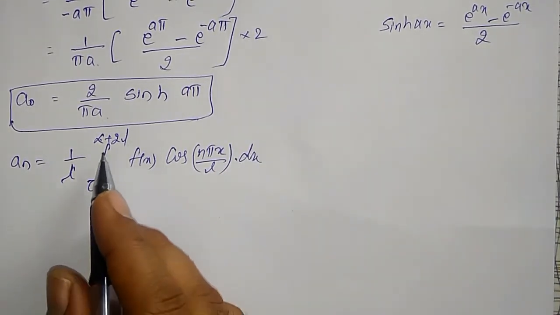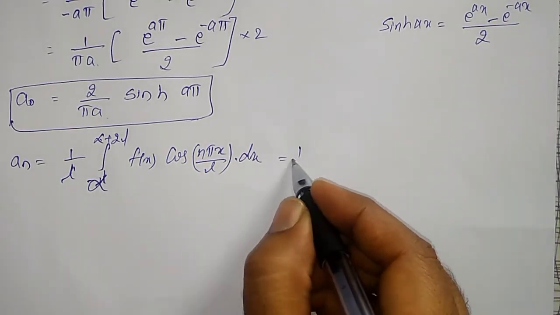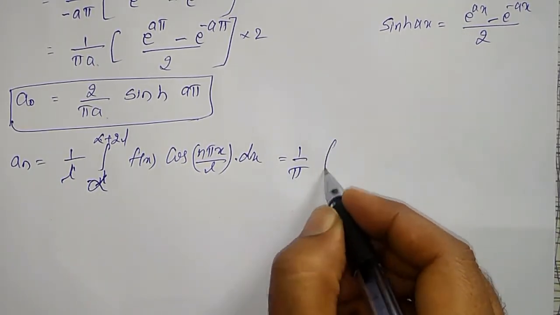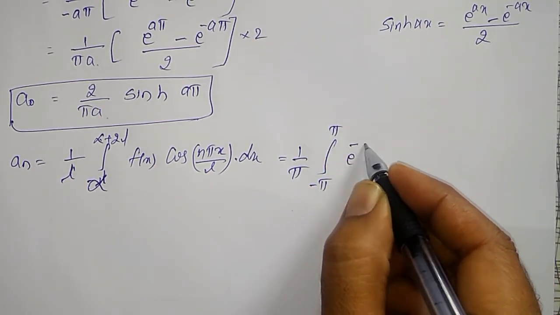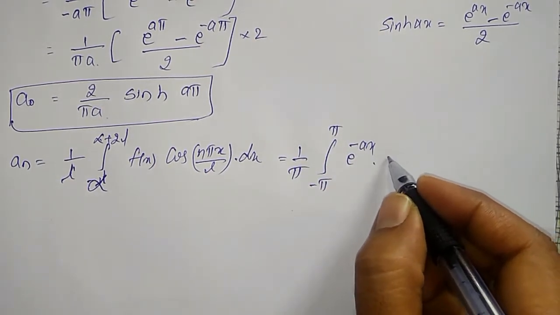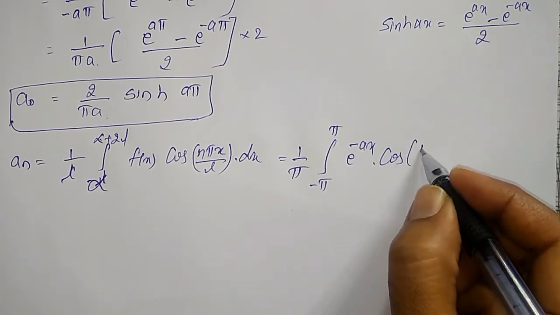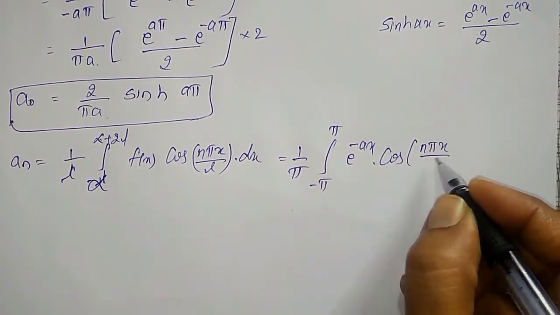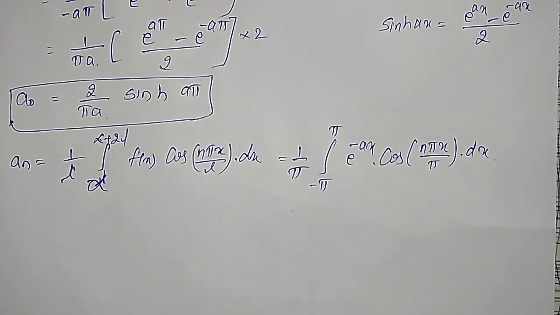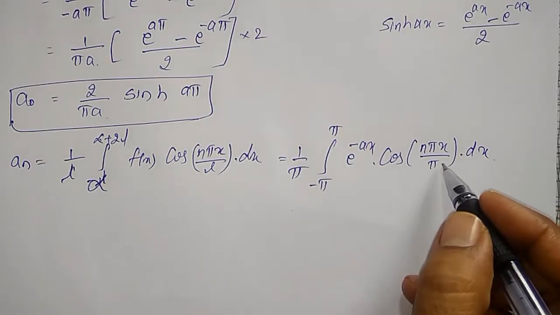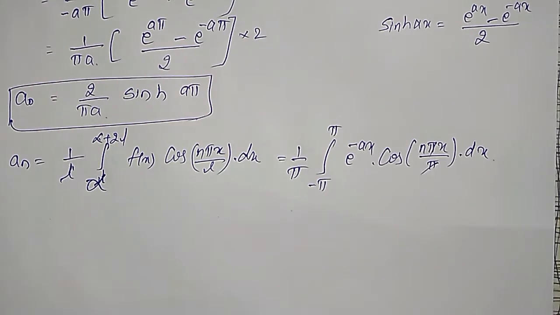Let me substitute alpha and l also here. There is 1 by pi integration from minus pi to plus pi, f of x is e to the power minus ax into cos of n pi x divided by l, l is equal to pi, into dx. Okay, let me substitute this. Pi cancels, and to integrate this,